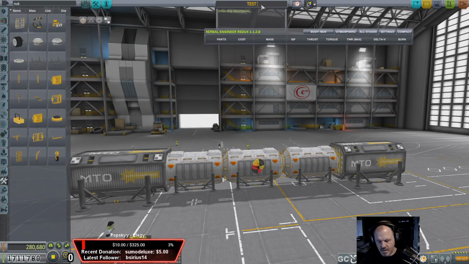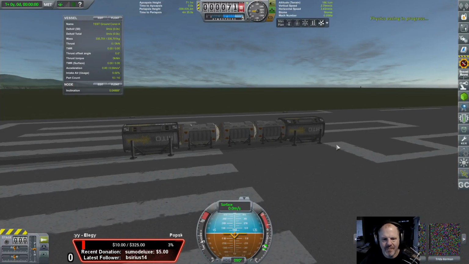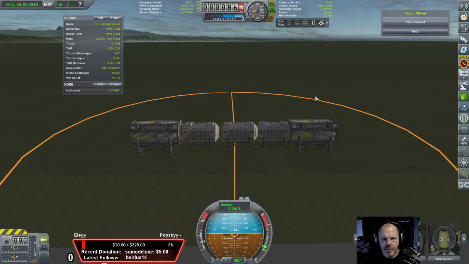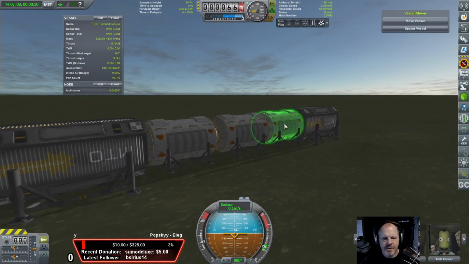So let's see, test construction, ground construction, alpha, I don't know, A. Alright, save it, deploy it, and then we're going to move this, and then we're going to put a do-it-yourself kit and see if we can get this to work. I don't know why I did that. Alright, so vehicle mover. We're just going to move it way over here, right about here. And, oh, these are going to get, this is going to get warm if I...